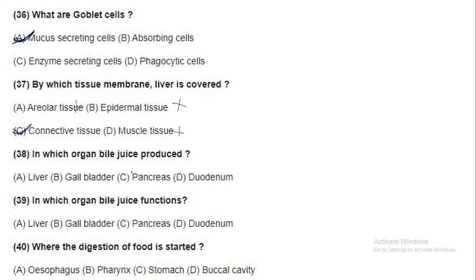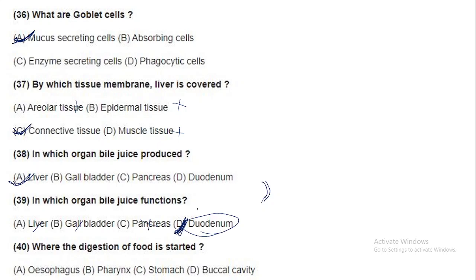In which organ is bile juice produced? This also is quite simple. It is the liver. In which organ does the bile juice function? This is tricky. It is produced in the liver, stored in the gallbladder, and has got no connection with the pancreas, but it is going to function in the duodenum. It's going to be poured through the hepatic duct into the duodenum, and there it is going to show